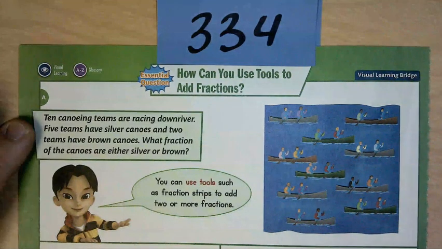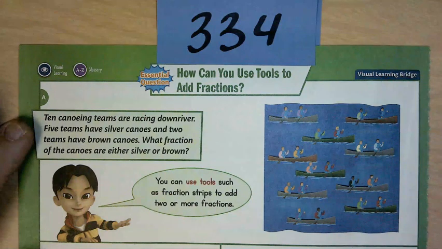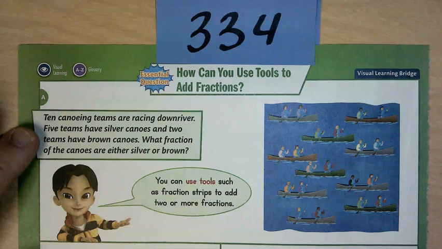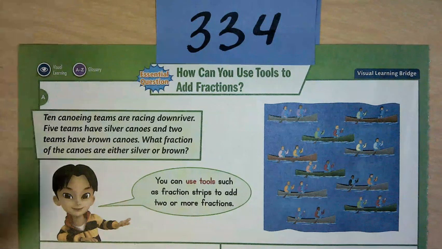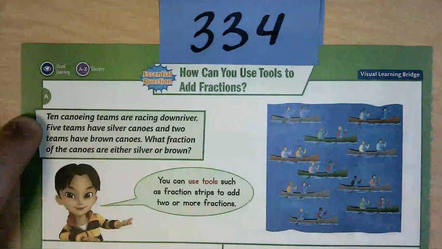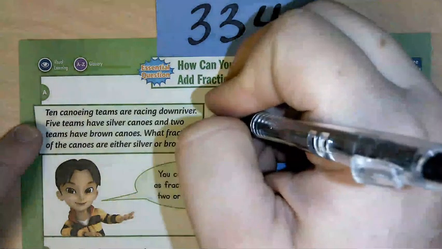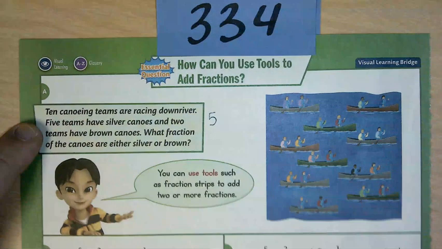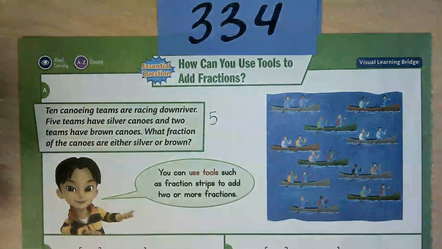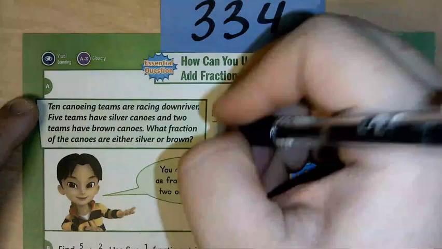It says 10 canoeing teams are racing down a river. 5 teams have silver canoes, and 2 teams have brown canoes. What fraction of the canoes are silver or brown? All right. So when we're looking at something like this, I see that there are 10 teams all together. And so when we write our first fraction, it says 5 teams are silver canoes. So there's 5 teams that are silver. Out of how many are there all together? Well, we said there's 10 canoeing teams. So this is going to be